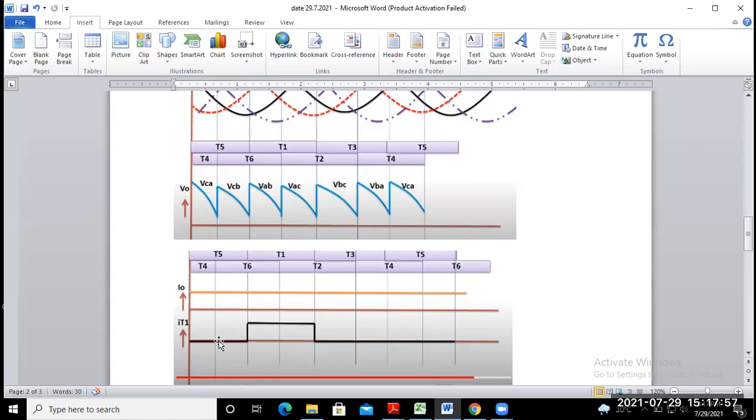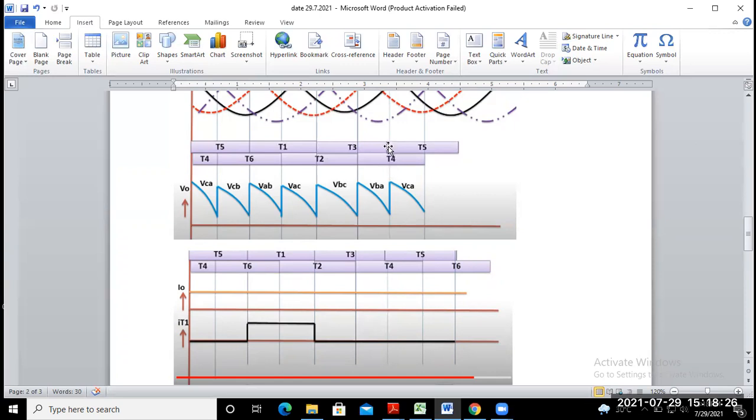Before that, because thyristor 1 does not conduct, the current is 0. Up to this point the current is 0 through thyristor 1, and when it conducts during this instant, the current forms like this. Again, when it does not conduct, suppose T3 is conducting from this instant, so the current through thyristor 1 is 0.